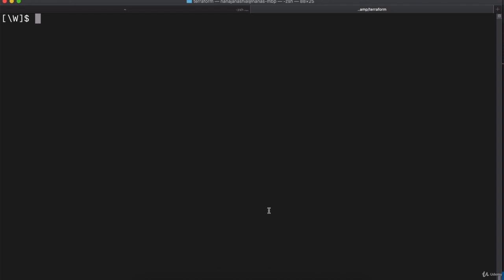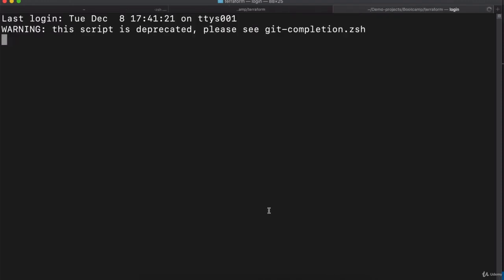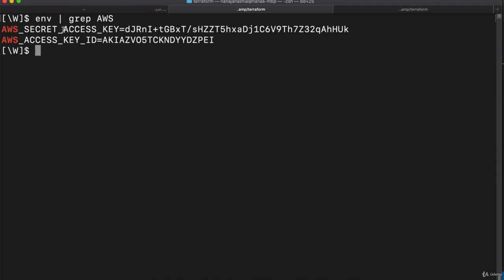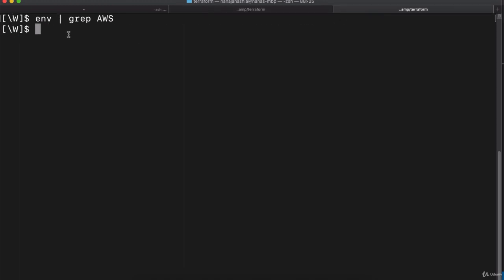However, if I now switch to another terminal window and do exporting environmental variables, and let's grep AWS, you see that those two environmental variables are not set here because they are only available in this context, right? So I have these environmental variables set here, but they're not available here anymore. So if you want to have globally configured AWS credentials, then you need to configure them in the home directory